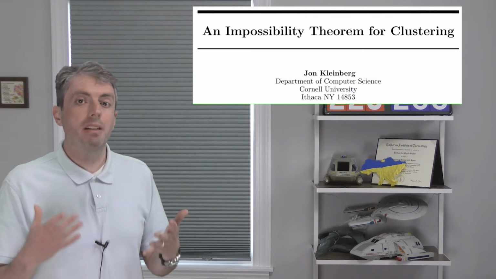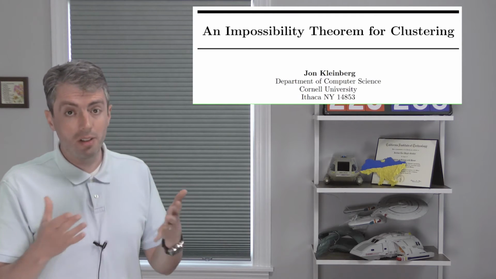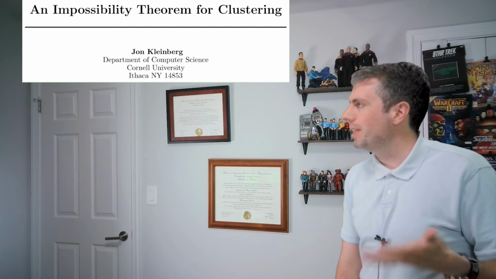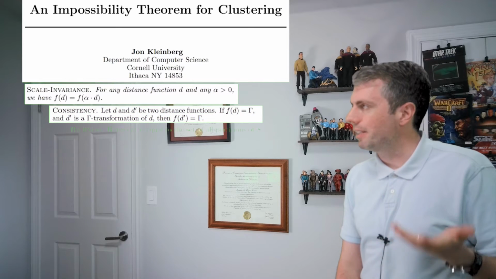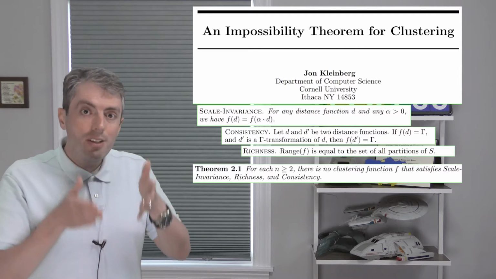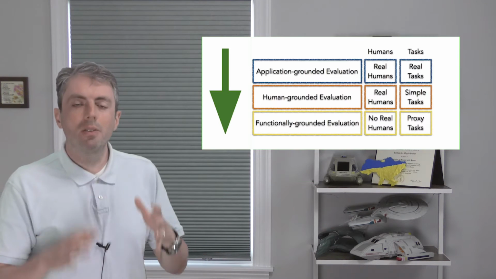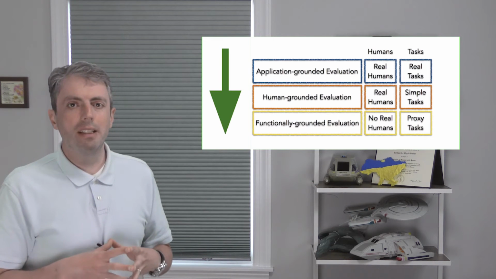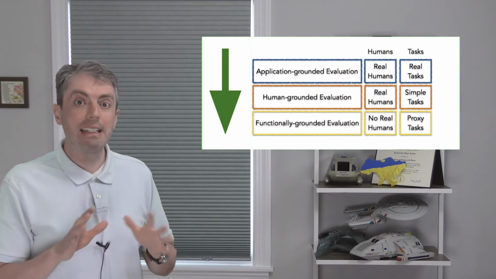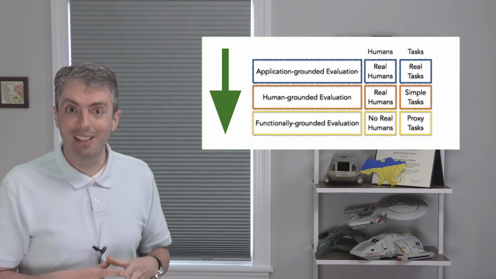And if you look at any topic modeling paper, the goal is to create a useful tool for humans. So we need to measure interpretability itself. Slight digression, Jon Kleinberg actually proved that for three reasonable things that you'd want out of a clustering algorithm, it's impossible to satisfy all three. So again, the human needs to be the judge of what a good clustering or a good topic model is. So let's go through the hierarchy of interpretability evaluations. And as we go through them, you'll notice that out of some combination of familiarity, vanity, and laziness, I'm going to be using our own evaluations that we introduced for topic model interpretability.